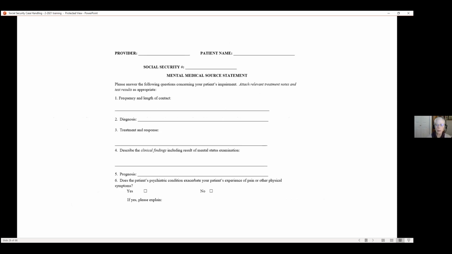Here's an example of a medical source statement. Same types of the frequency and length of contact. That's because of the factors that we take into account when we look at opinion evidence. Diagnosis, again, that's the A criteria. Treatment and response. So doctors will write